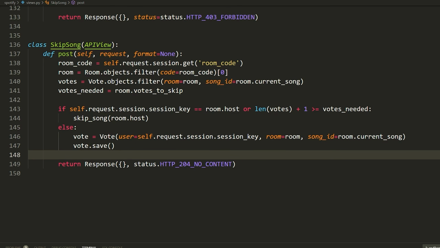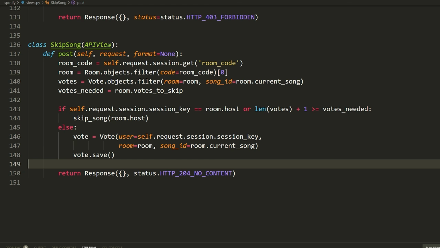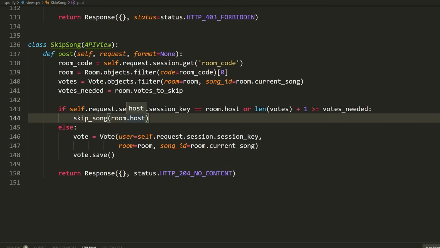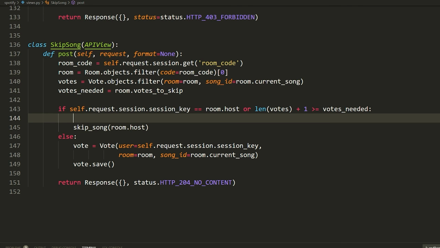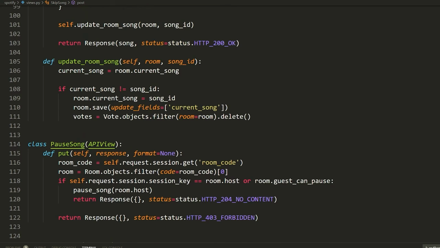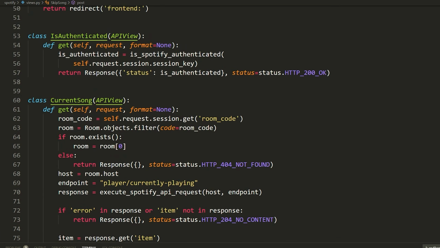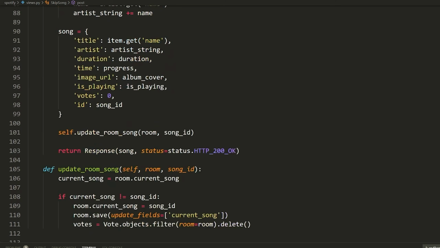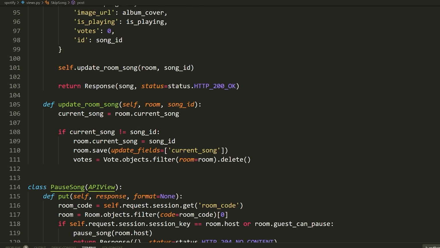Now, one last thing we need to add to this function that logically makes sense. If we skip the song, we should automatically clear all of the votes that we just had. This is just to avoid any potential issues if, say, for some reason we're not calling this get current song API view, which is handling updating the current song and clearing all the votes.